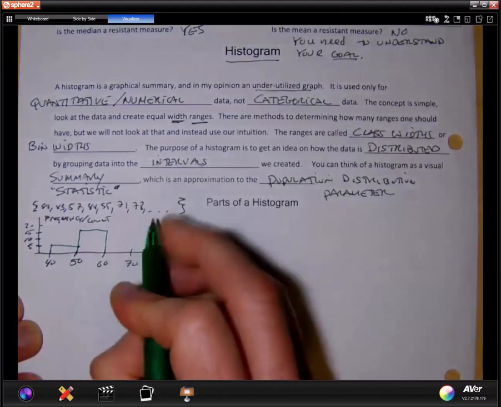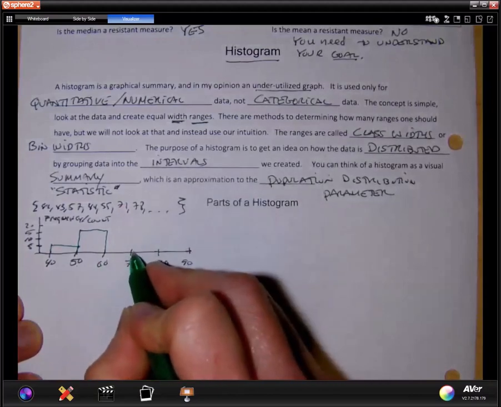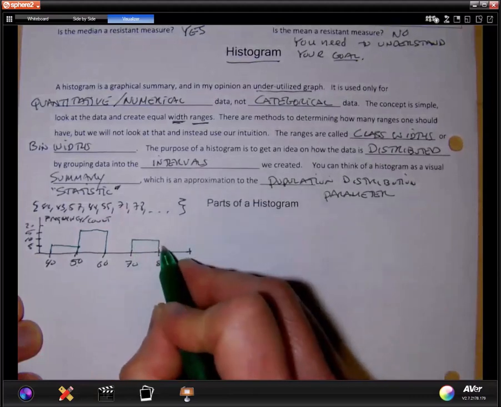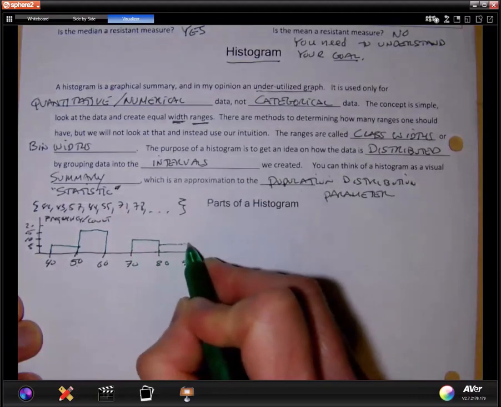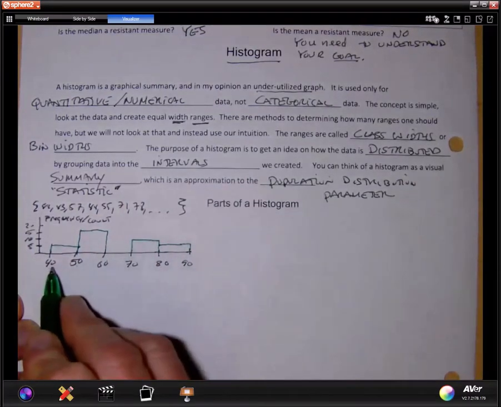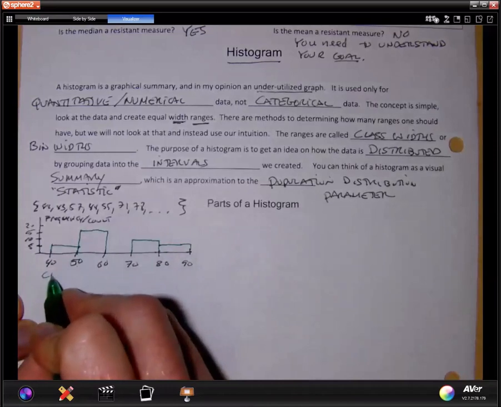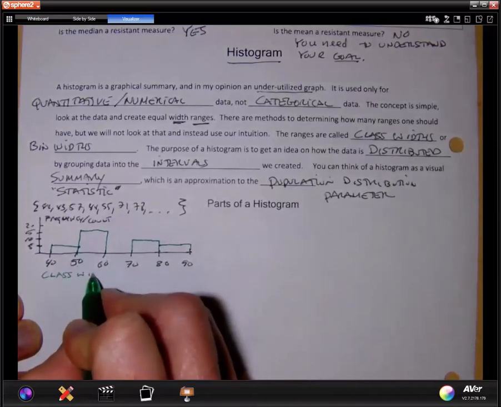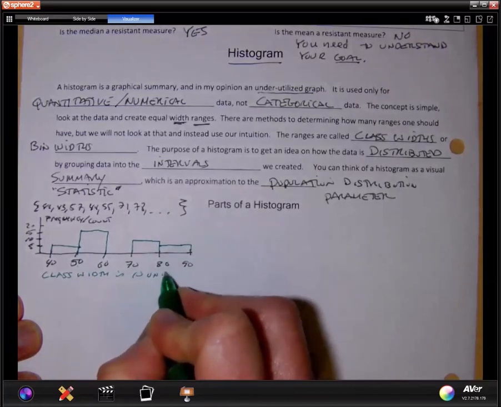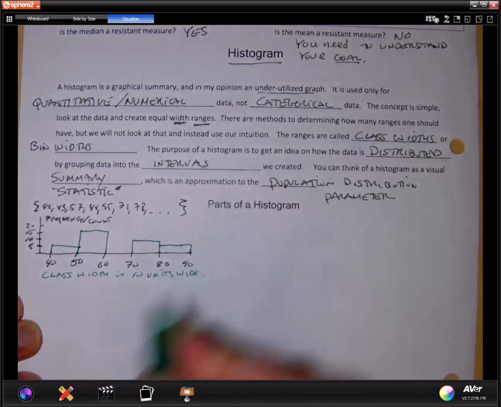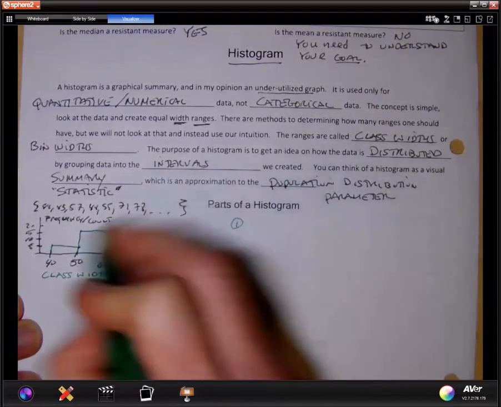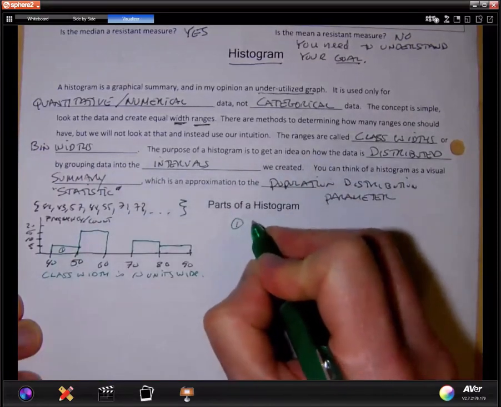Let's say between 60 and 70, there's nothing. And 71, 78, let's say it's another 10 right here. And then between 80 and 90, we count 7. So I'm just like somewhere between the two, 7 somewhere in there. And let's say that's all it is for the moment. So again, now my class width is 10 units wide. I didn't just describe what the unit is here. Okay. And so, for example, if I look at rectangle 1, it says there are 5 data values